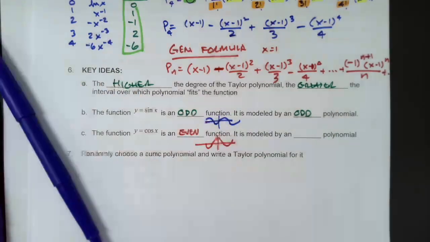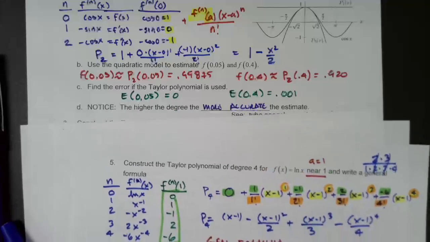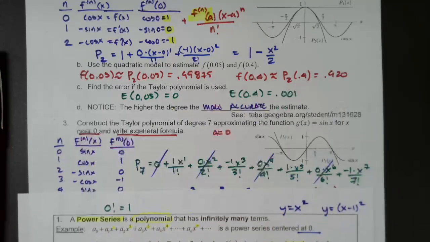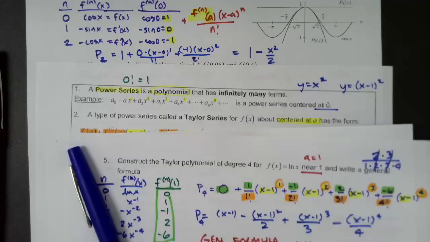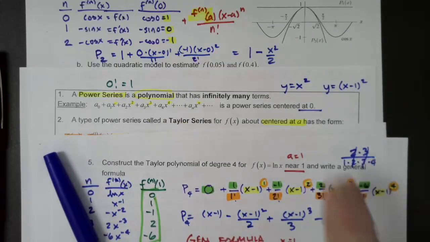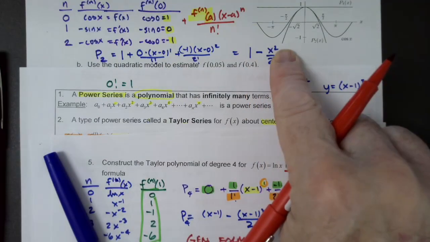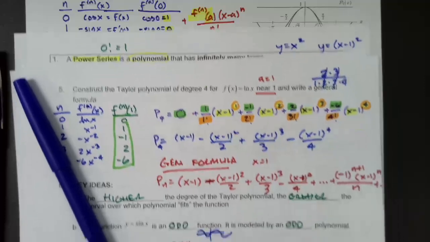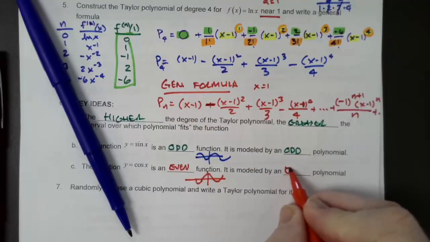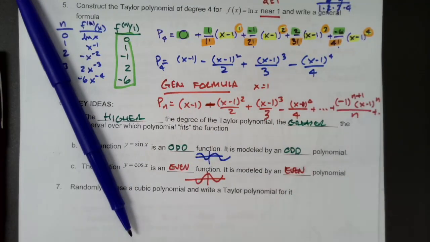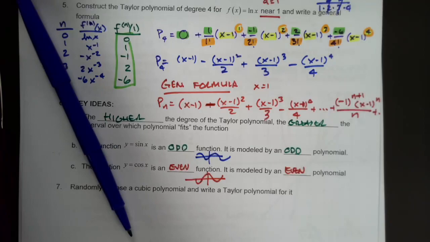And of course, when we did our cosine, look up here, this one right here. Everything was an even power. To the 0 power, to the second power. If we did the next term, it would be to the fourth power. Pretty awesome? All right, I'm going to skip that last one because